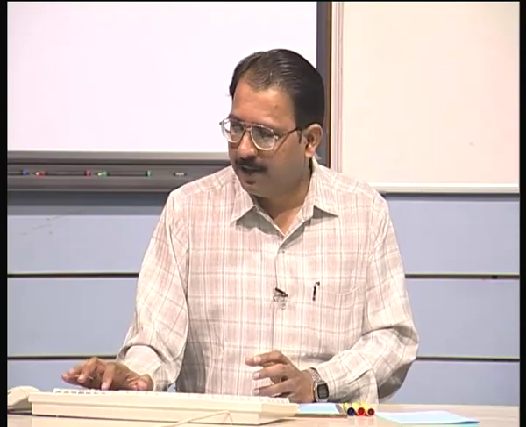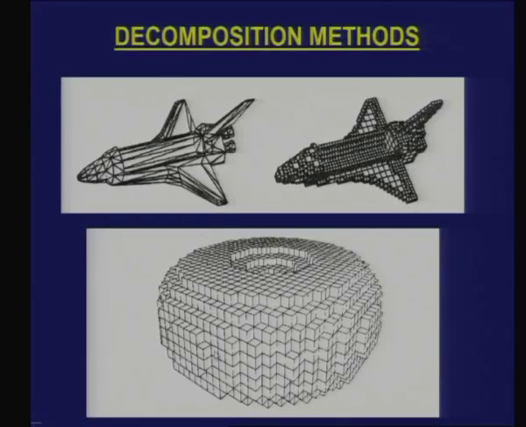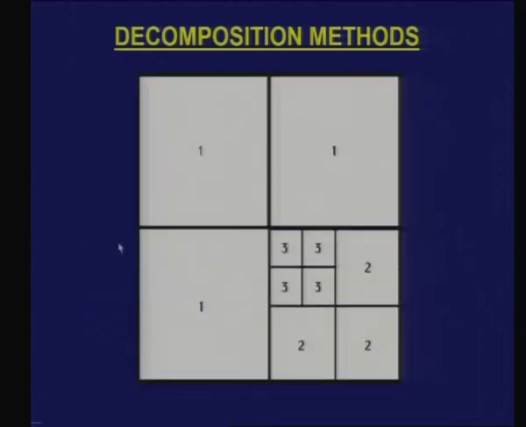Unlike in octrees, in voxel you have all the elements, all the cubes which are used, with the same size and shape. There is no variation or subdivision. In a typical pixel representation, I have a square and take a number of rows and columns. So I have a two-dimensional matrix of pixels, and by saying whether a pixel is a part of the object or not, I am able to represent an object.